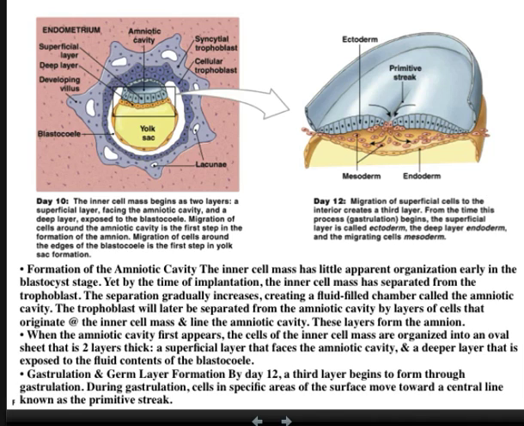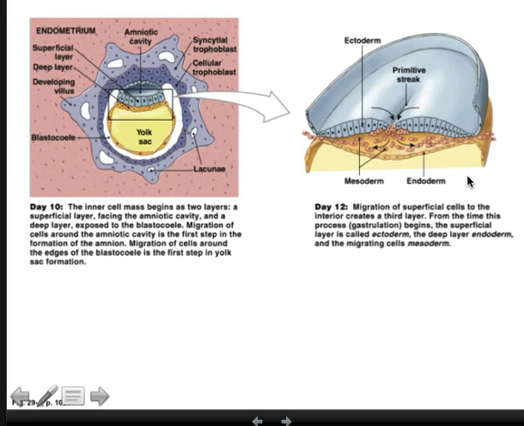So next we have gastrulation and germ layer formation at day 12. This is the formation of the mesoderm, as you can see here, as the cells migrate through the primitive streak and into this cavity. And so you might ask, well, orient me. Tell me what's going to be what. Well, at this point, what we can say is that this is eventually going to be your spinal cord and your vertebral column. So this is your dorsal side. Your ventral side is going to be here. And it's real hard to pick out anything else at this point,